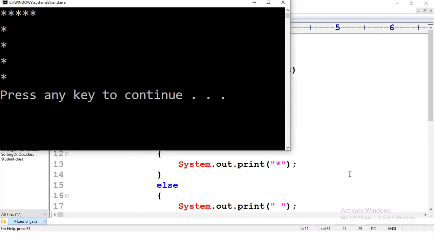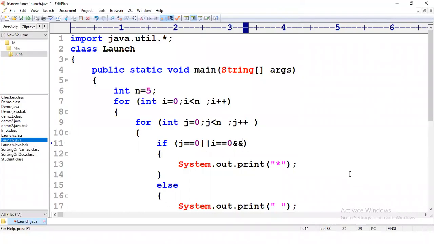Now, don't you think you have to cut those 5 stars? Remember this logic, because this is applicable to number patterns everywhere. Whenever you have to cut something, you have to use the AND operator, because the AND operator means one more must condition, meaning you're cutting something. Okay, and wait, one more condition is there. The condition is all these j values should be less than or equal to n by 2.